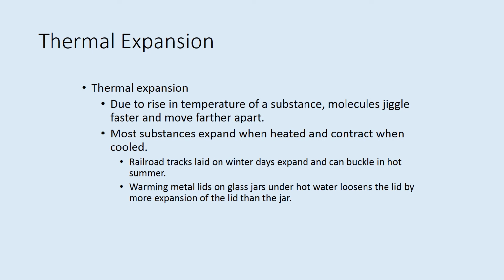In this last section of the chapter, we are going to discuss thermal expansion of materials that occurs when the temperature is increased from room temperature or ambient temperature. The physics behind this is that the materials will expand as heated because the molecules jiggle faster and they move further apart. And this expansion causes, for example, a stretching or elongation of rods or wires, or train tracks, which are